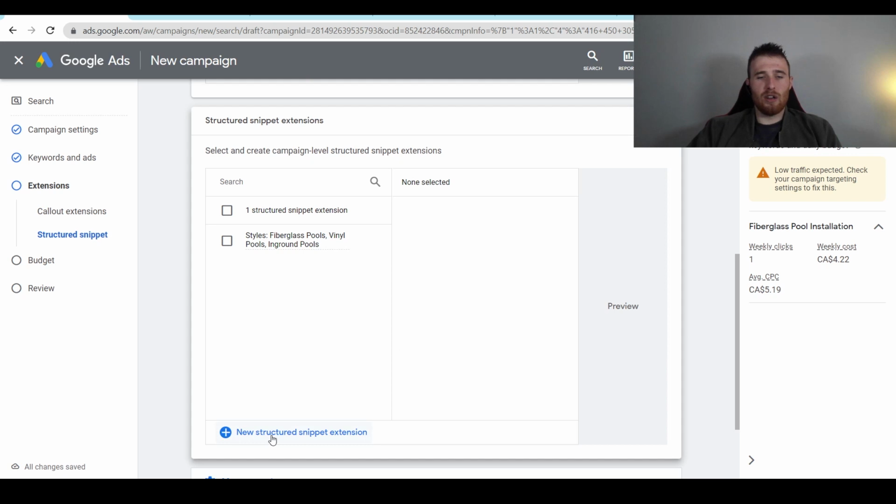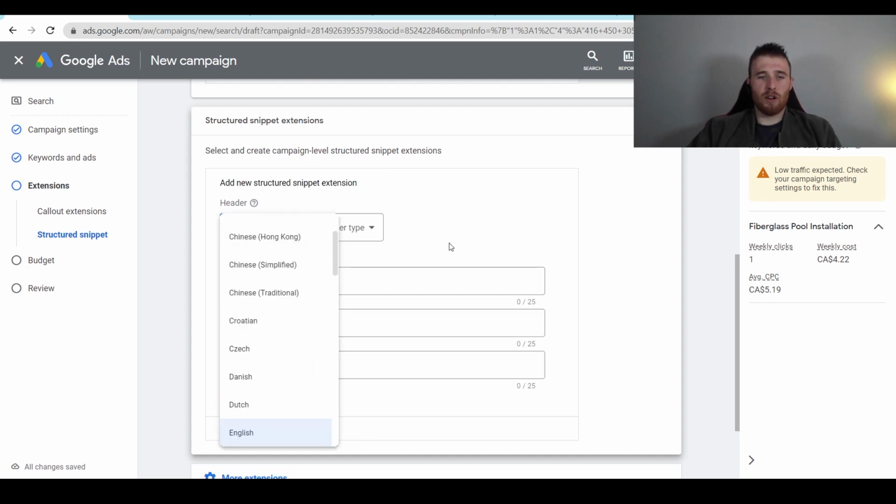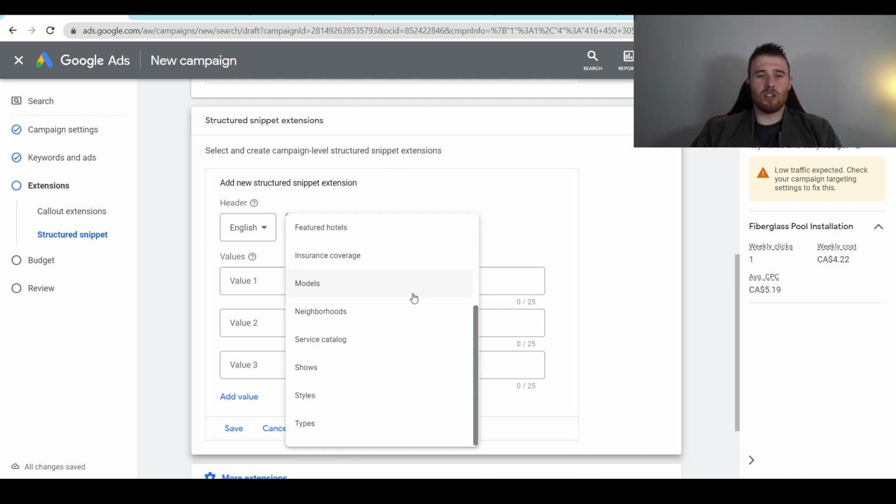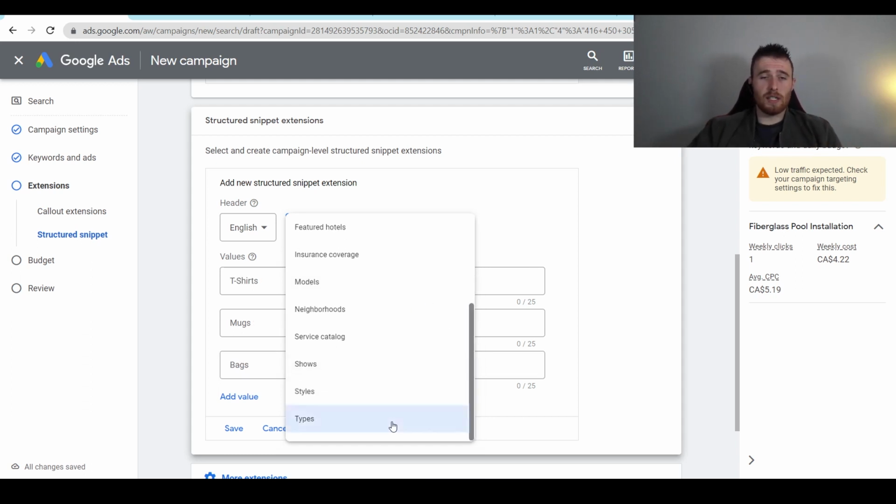So what we're going to do is hit new structured snippet extension. We're going to come over here to English because that's our language. And essentially what a structured snippet extension is, if you have a certain model, brand, style, anything like that, and you wanted to list it to show your customer what you had to offer, you can do so. So what we're going to do here is we're going to come down here to types,